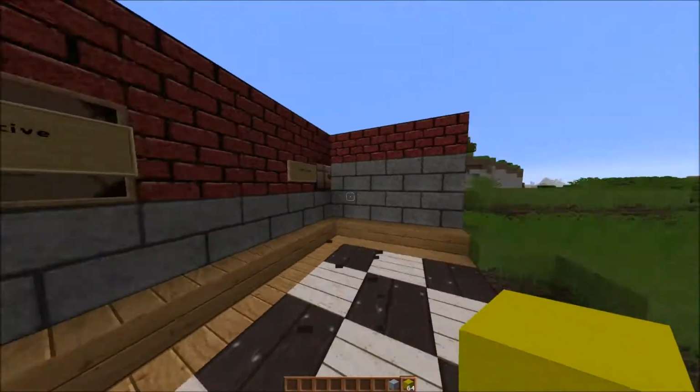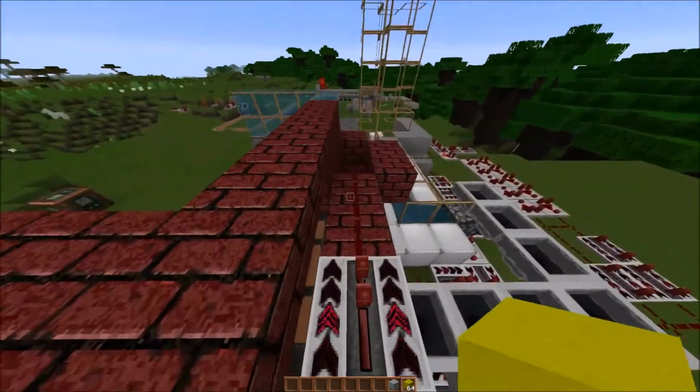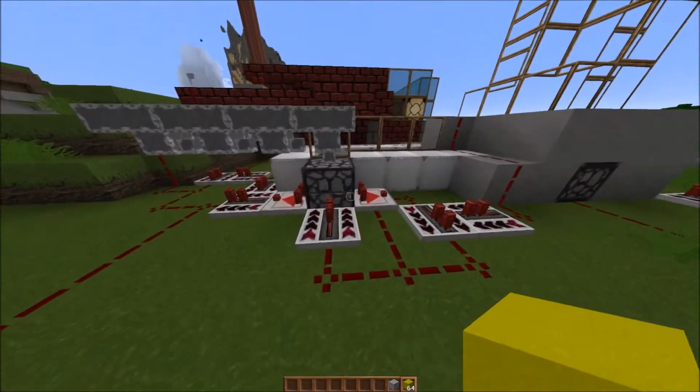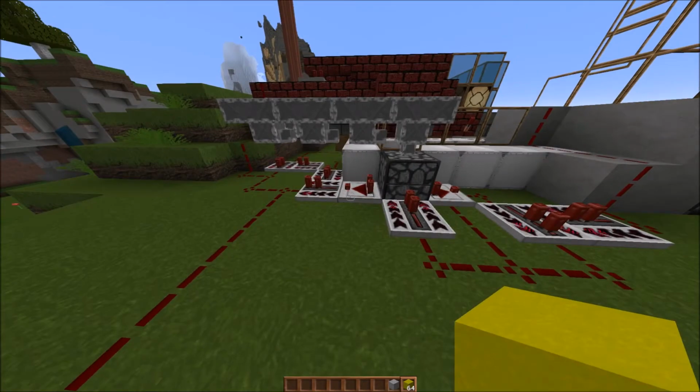This, by the way, was just to make it look a bit prettier, because it was just a chest sitting on a hopper. I added the basic design. I'll talk you very quickly through how it works. You've got a circuit here which